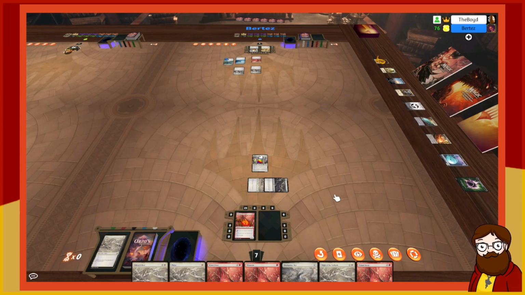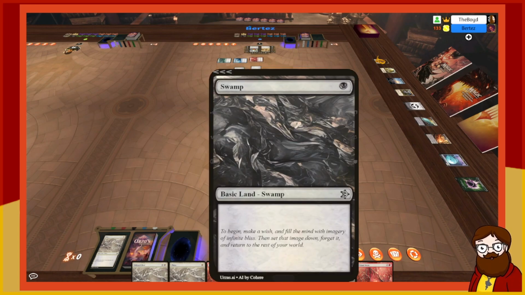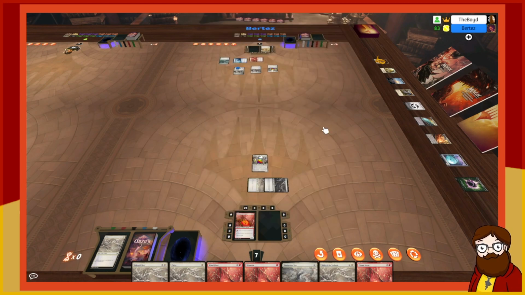Go ahead. I'm gonna play a forest. Mm-hmm. Forests. In some cultures, trees have spirits too. In other cultures, they don't. Which reminds me, I didn't read the flavor text for swamp, which is, to begin, make a wish, and fill the mind with imagery of infinite bliss. Then set that image down, forget it, and return to the rest of your world. I'm gonna... You can also play Wblbrg? Yeah, actually. And then I'm gonna...